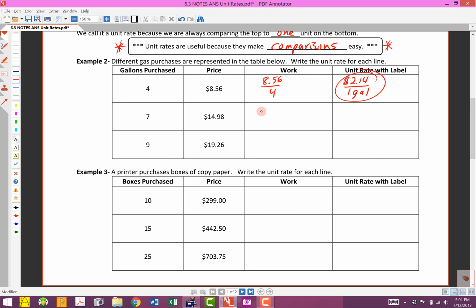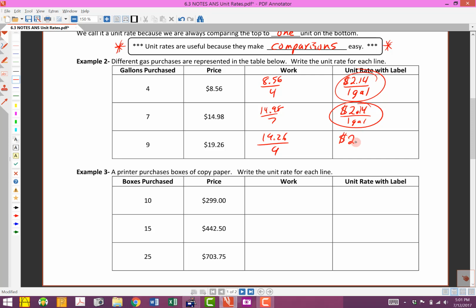So I'm going to go ahead and set this up. This is 14.98 divided by 7. If you throw that in the calculator, oddly enough, you get $2.14 per gallon. 7 divided by 7 would be 1, and then 14.98 divided by 7 is 2.14. Okay, and then this one would be 19.26 divided by 9. If you check that, you're going to end up with